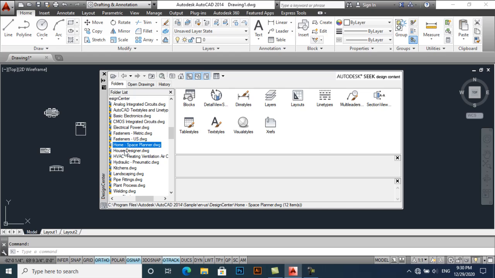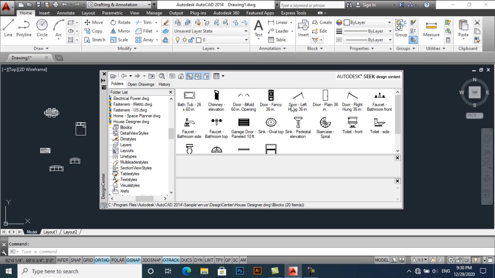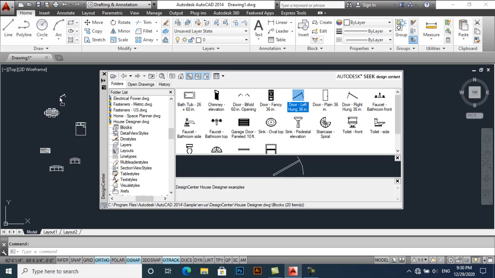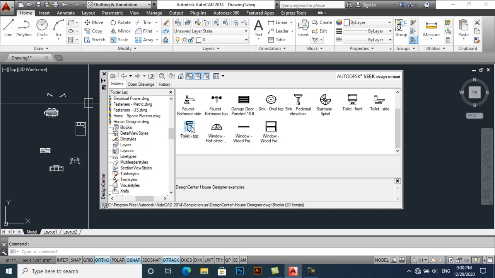And in the house designer we have doors, right and left. We also can mirror it, and this is toilet,